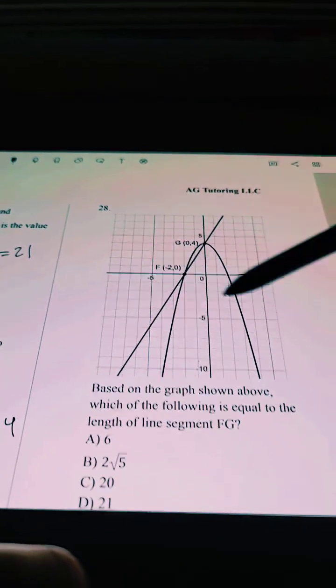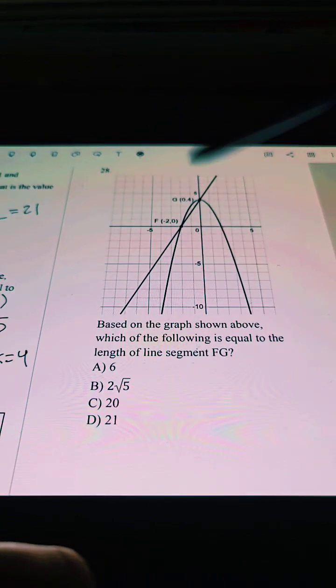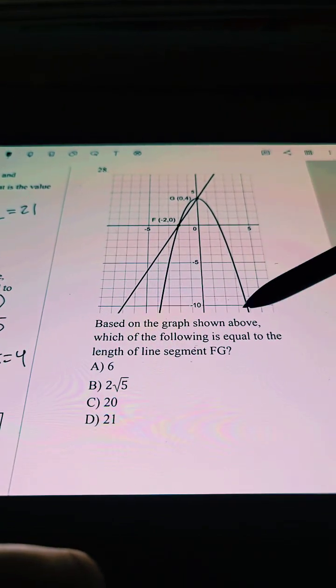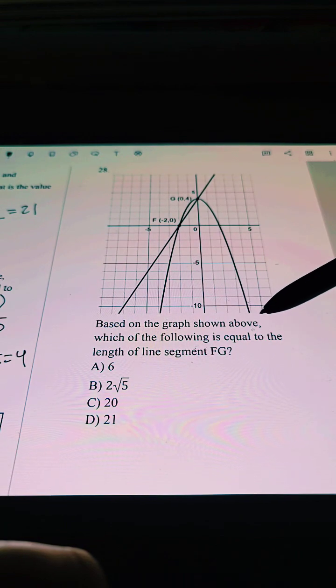So for number 28, we have this graph. Let me go down a little. And then it says, based on the graph shown above,